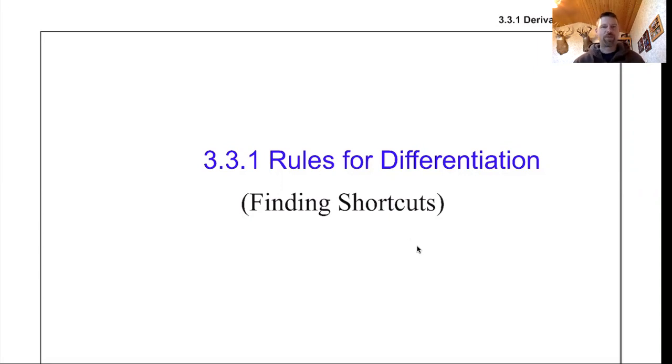Welcome. 3.3.1 Rules for Differentiation. Finding shortcuts. This is one of my favorite lessons of the year. This is where kids really start to cheer because we learn how to do problems like this super